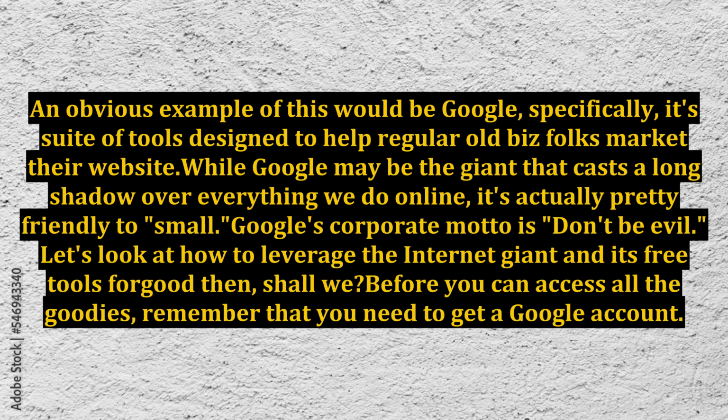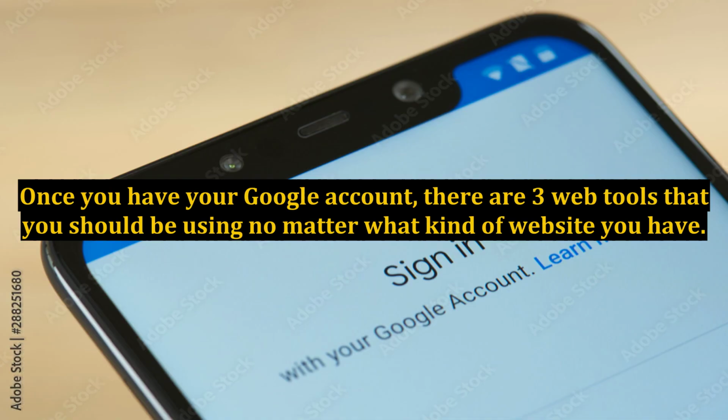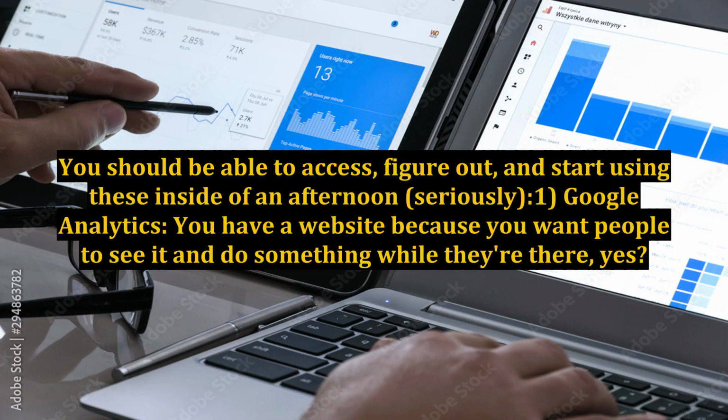Before you can access all the goodies, remember that you need to get a Google account. Once you have your Google account, there are 3 web tools that you should be using no matter what kind of website you have. You should be able to access, figure out, and start using these inside of an afternoon. Seriously. 1. Google Analytics. You have a website because you want people to see it and do something while they're